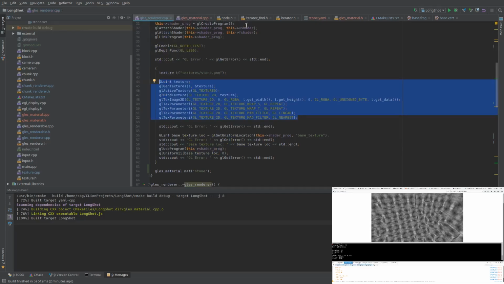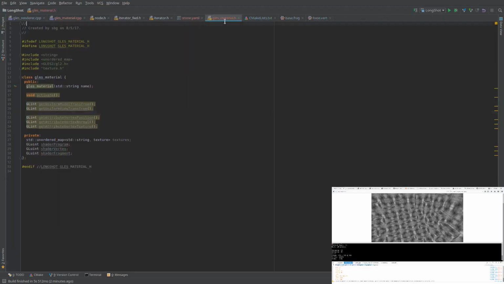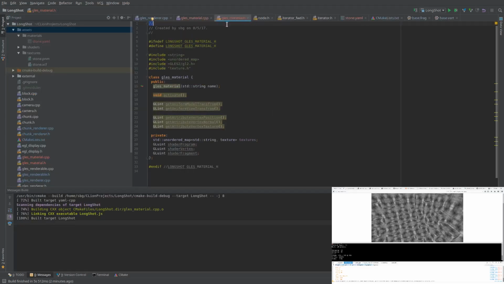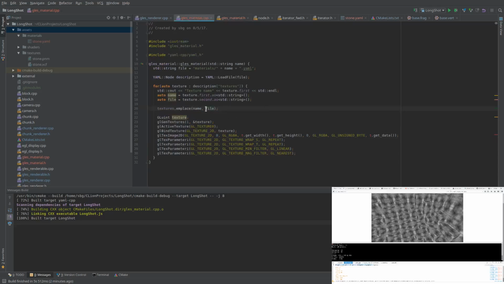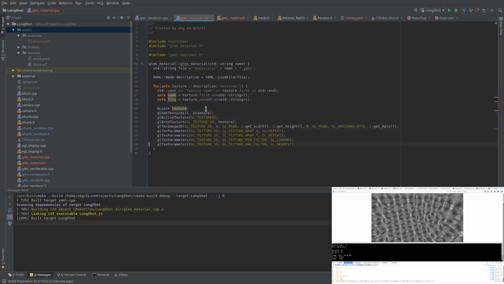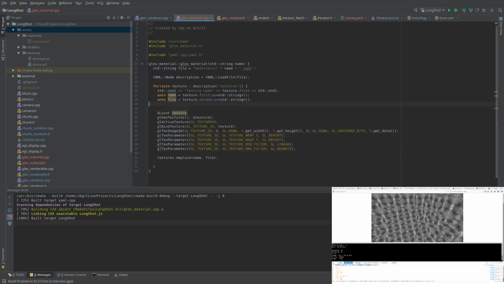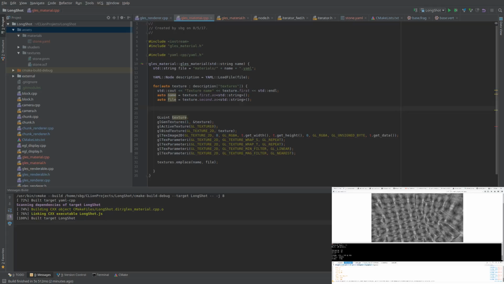GLES material H here. I don't want that full screen, I just wanted to drag it over here. Rather than actually storing the texture, we are going to keep a unique pointer to it. So that's an owning pointer, but we really do not want to copy that around. So we are going to go with that, which means that we can move the texture down here, because then what we are going to do is